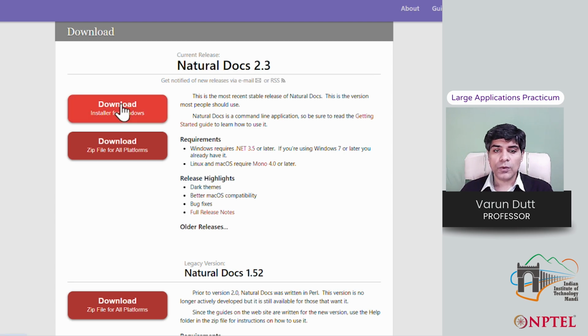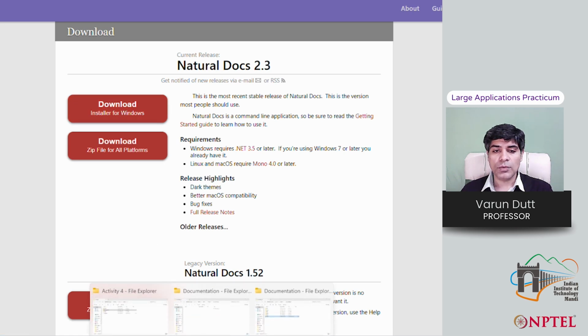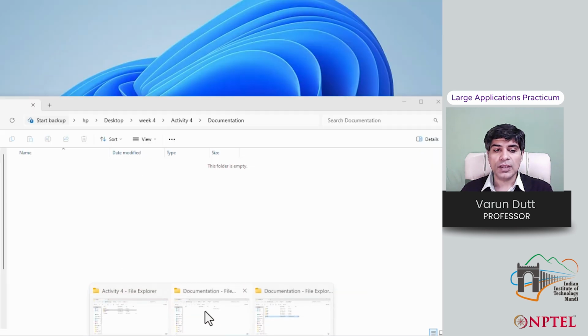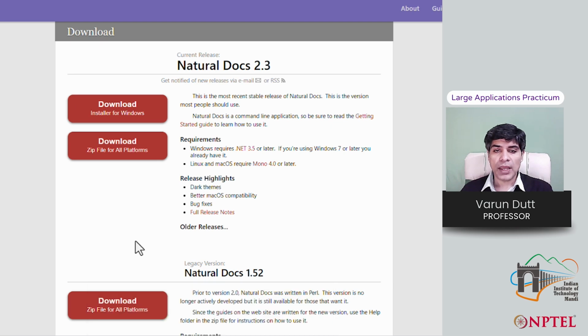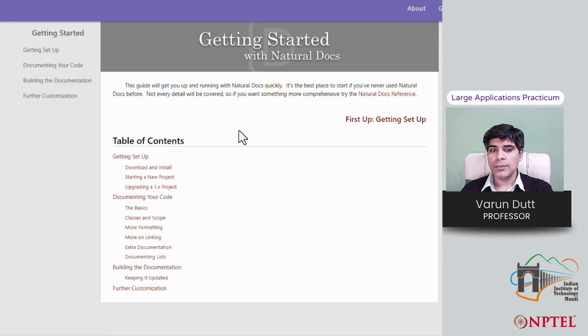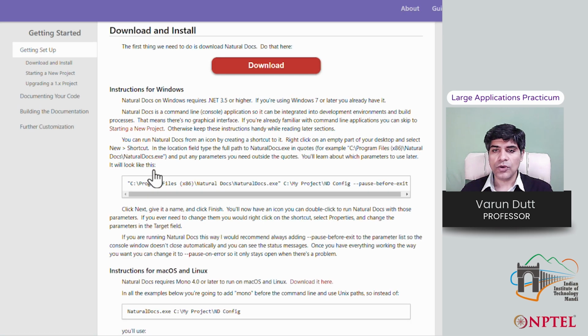I've already downloaded Natural Docs and double clicked the executable file to install it. Once you have installed Natural Docs, it is recommended that you go to the guides, getting started, and the download and install part.